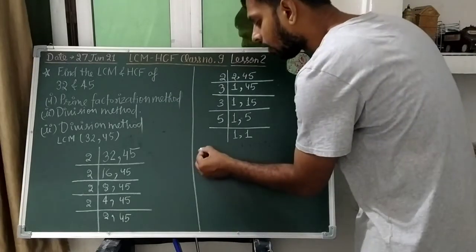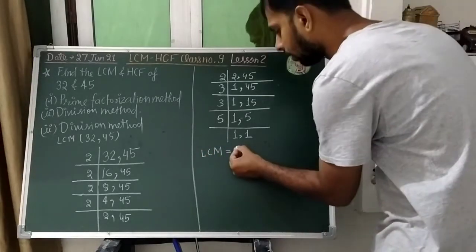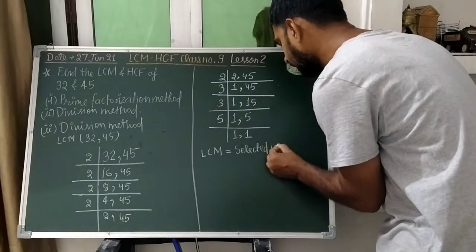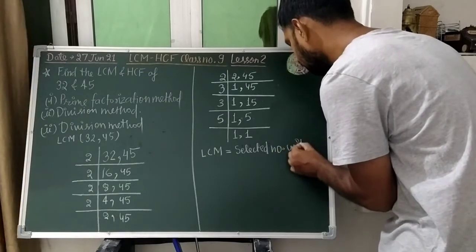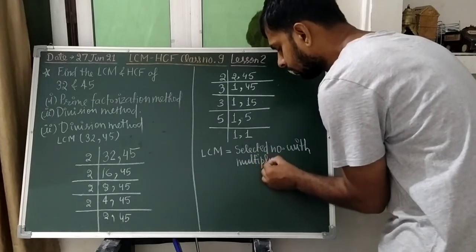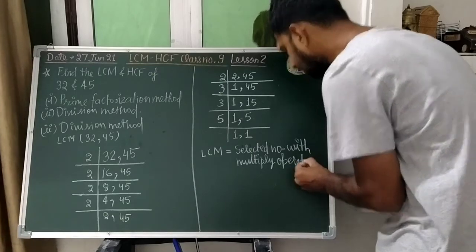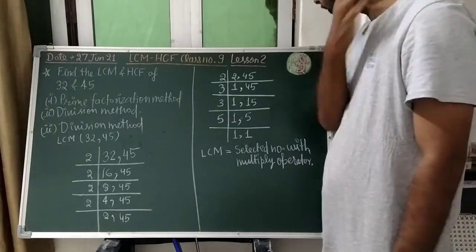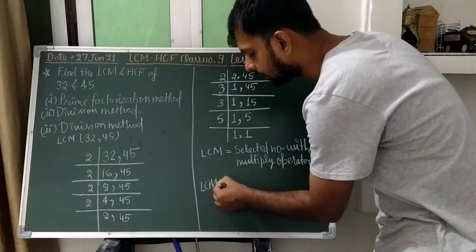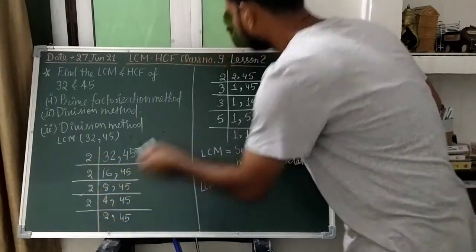And after that our LCM will be nothing but the selected numbers with multiply of. LCM will be the selected numbers with multiply of. You know there are 4 operators: add, subtract, multiply and divide. Okay. So LCM will be the selected numbers with the multiply operator and selected numbers are these 2, 2, 2, 2, 2, 3,